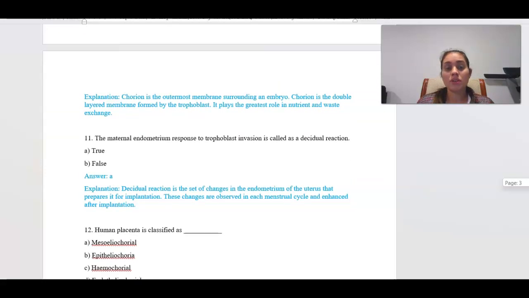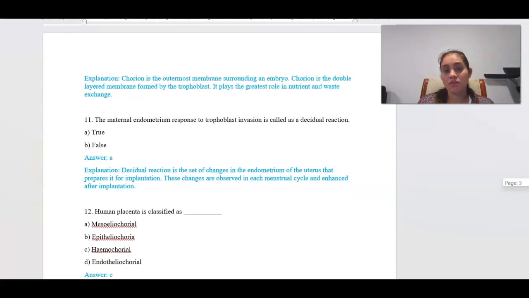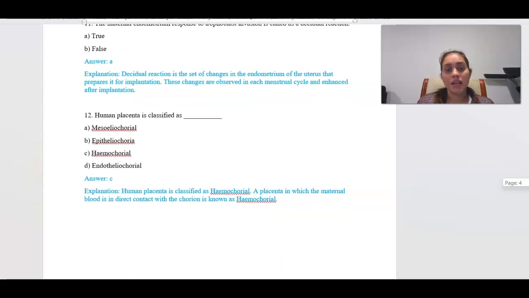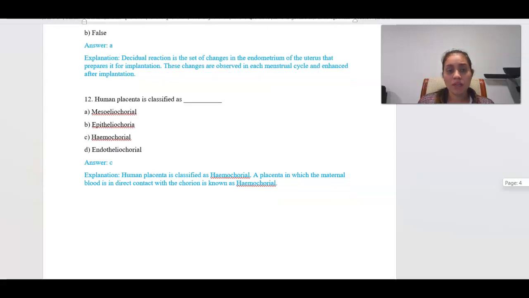The 11th question is, the maternal endometrium response to trophoblast invasion is called a decidual reaction. Whether it is true or false, the answer is true, because decidual reaction is the set of changes in the endometrium of the uterus that prepares it for the implantation, and these changes are observed in each menstrual cycle and enhanced after implantation. The last question is, the human placenta is classified as, and the answer is hemochorial,